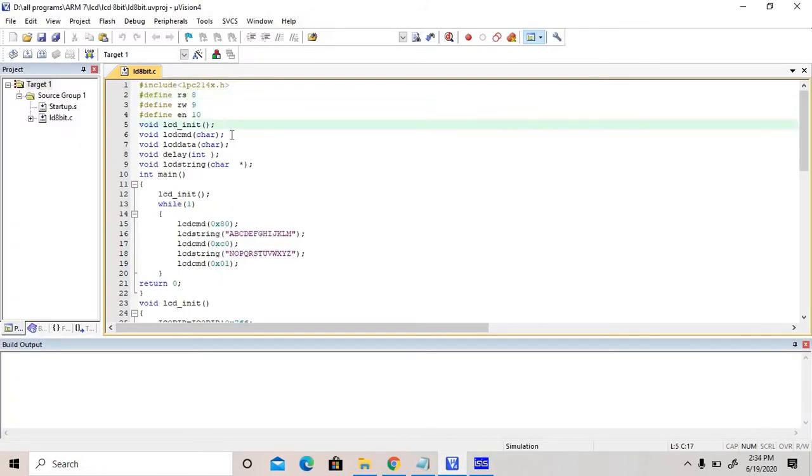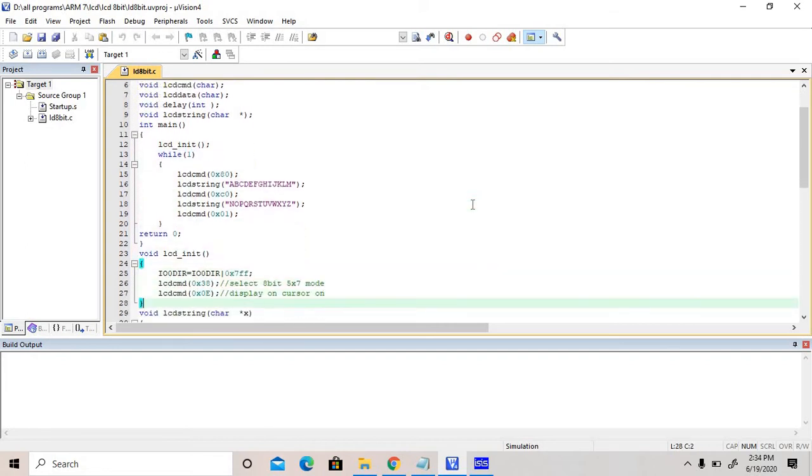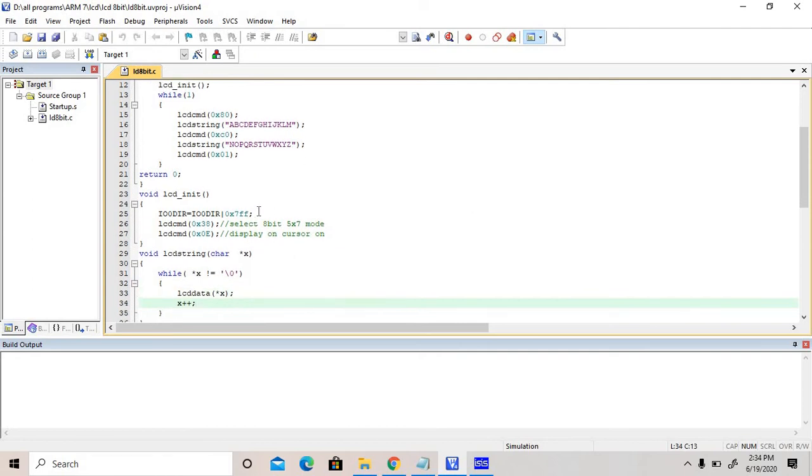Okay, we have to initialize one LCD. These are some functions, initializations. After explaining, go to the initialize LCD function. In the case of initialize, first give the direction register, meaning you have to set each port. LCD is an output device, so give 1 for output, 0 for input in this register. It means your port works as an output port or an input port. Since LCD is an output device, we have to put 1 in this register for output operation.